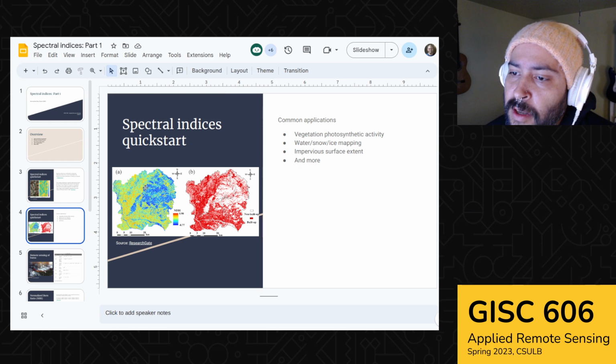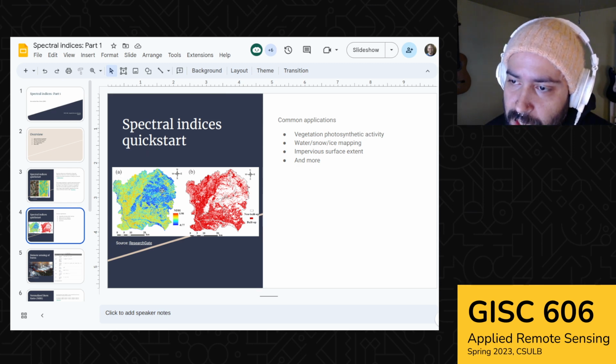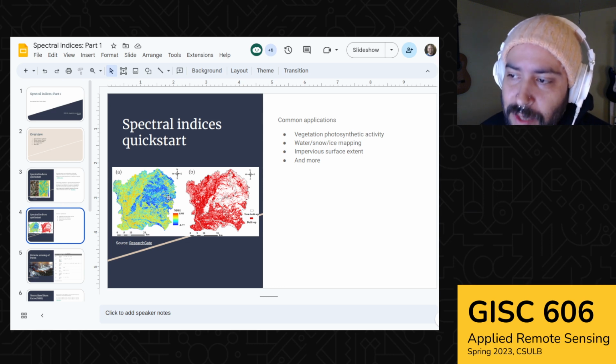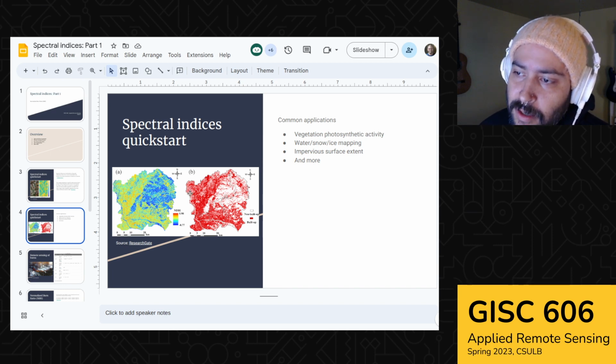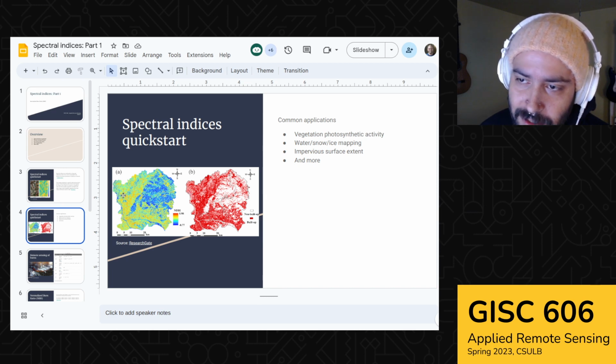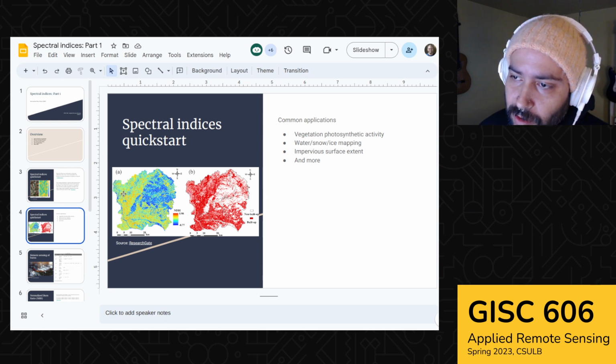And so on the left in A, it's the tie-dye color ramp showing the entire range of NDVI values. And then on the right, there's more of a binary map that's been created to display the built up versus non-built up environment. And you can see there's overlap in the geometries, but it's just a different way of presenting the